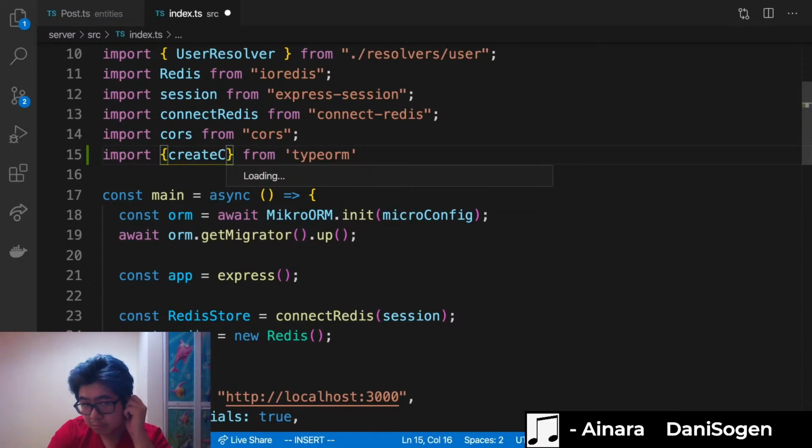And oh, where's my TypeScript autocompletion? So if this ever happens to you, what you can do is